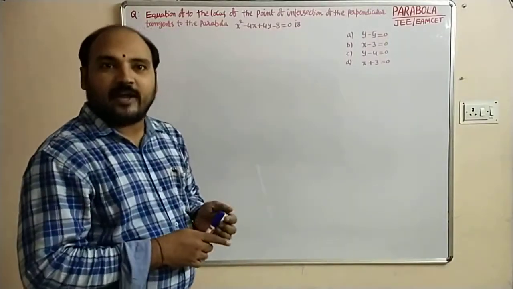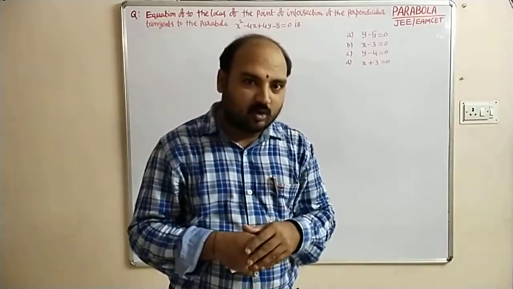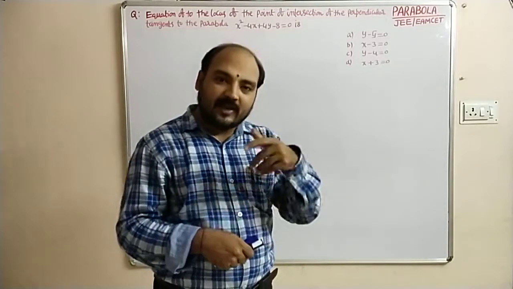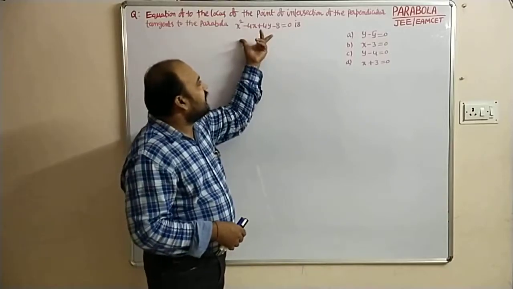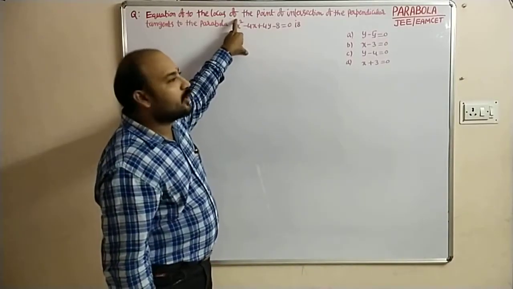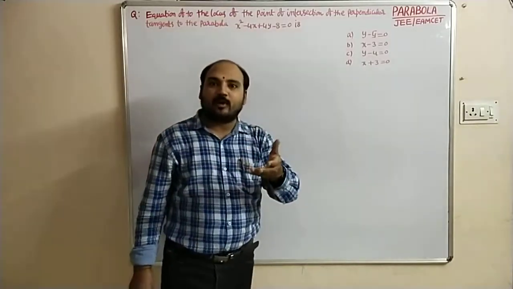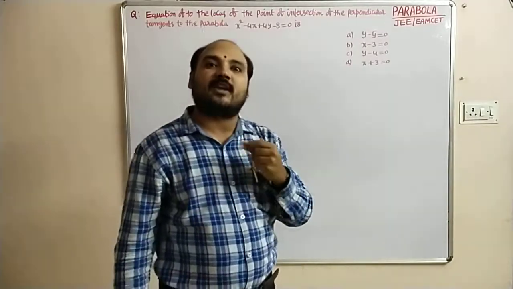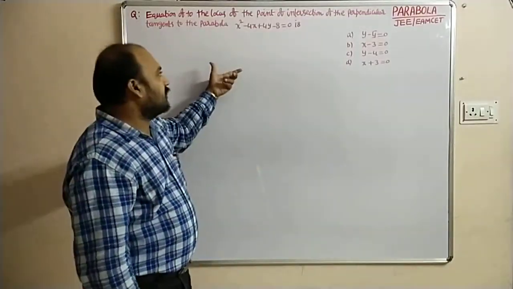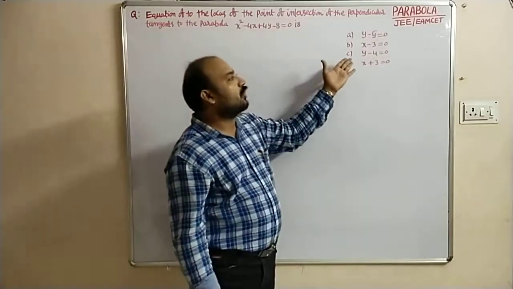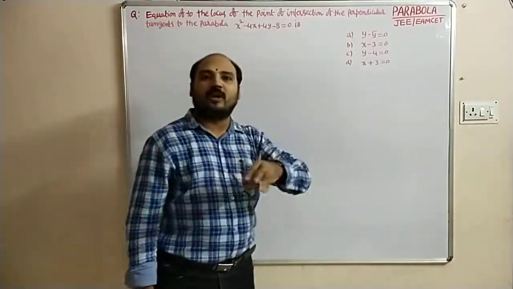What is the directrix equation for the parabola y square equal to 4x? x plus a equal to 0. Similarly, this given equation of parabola is in the form of x having a square, so reduce it into the form x minus h whole square equal to 4a into y minus k. For this equation, you can calculate the directrix equation. That is the required locus. Among the options, you will get it.